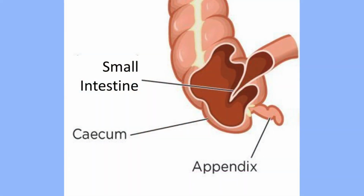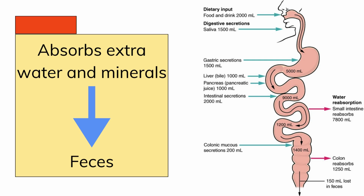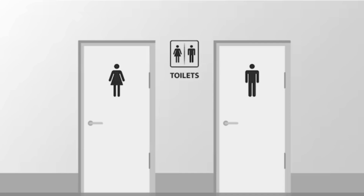After the small intestine finishes absorption, it connects to the cecum. As undigested food passes through, the large intestine absorbs excess water and minerals, turning the leftover mush into solid waste, called stool or feces. It compacts the waste and stores it in the rectum until you're ready to go to the bathroom. Finally, when it's time to go, your body pushes the waste out through the anus, and the journey